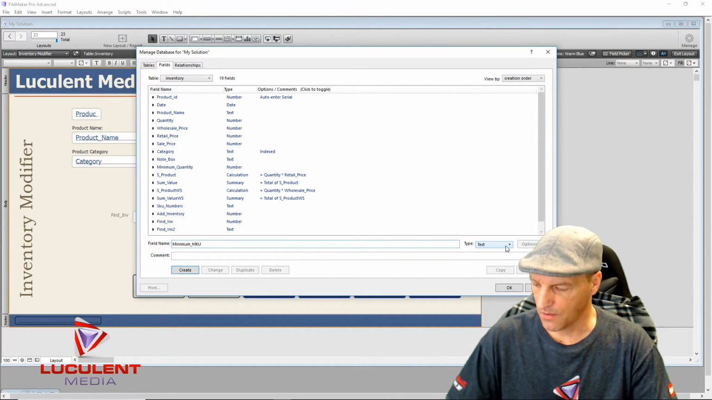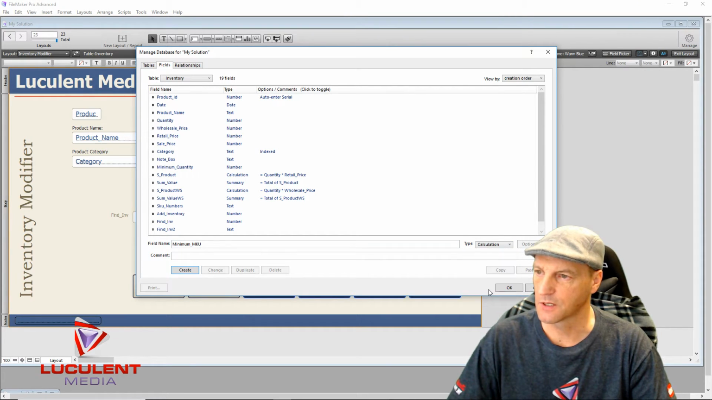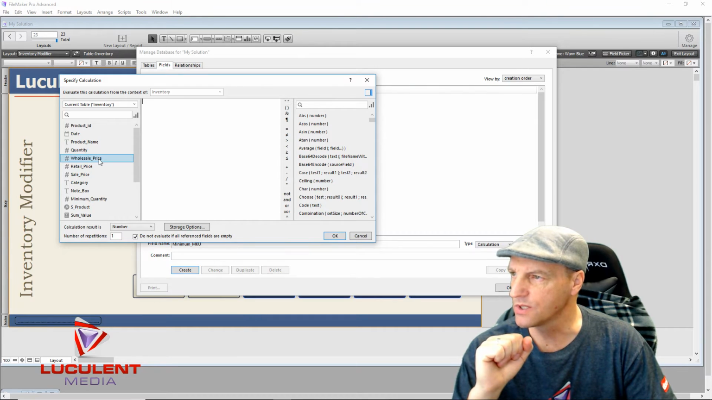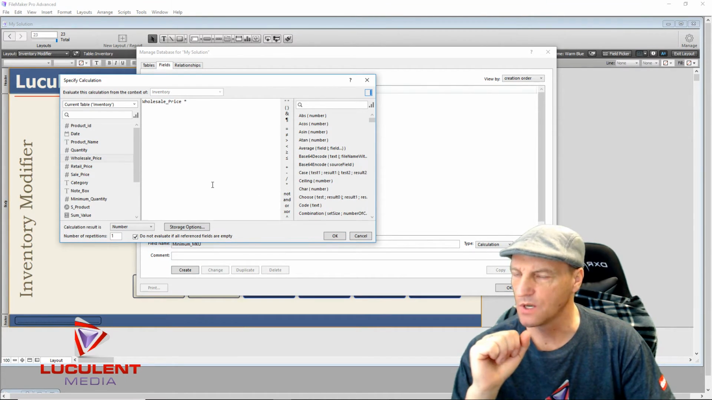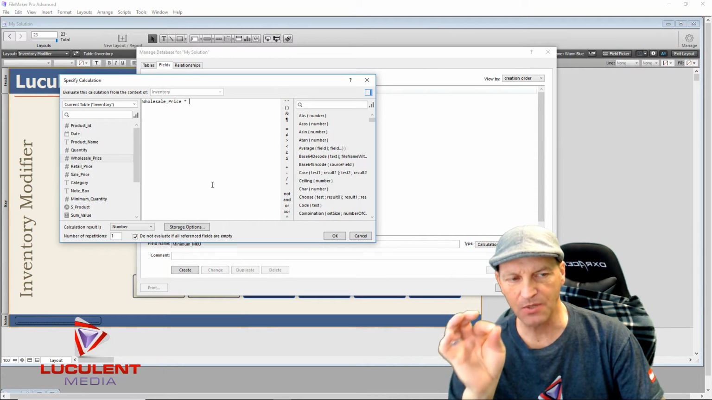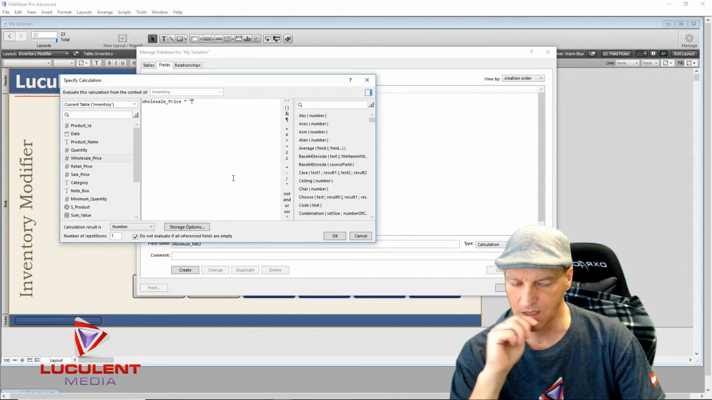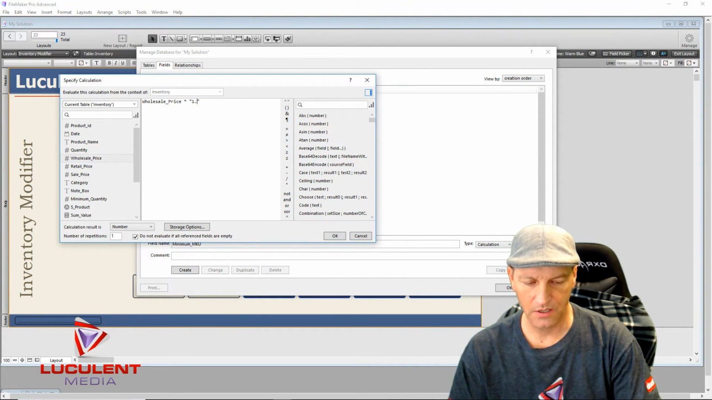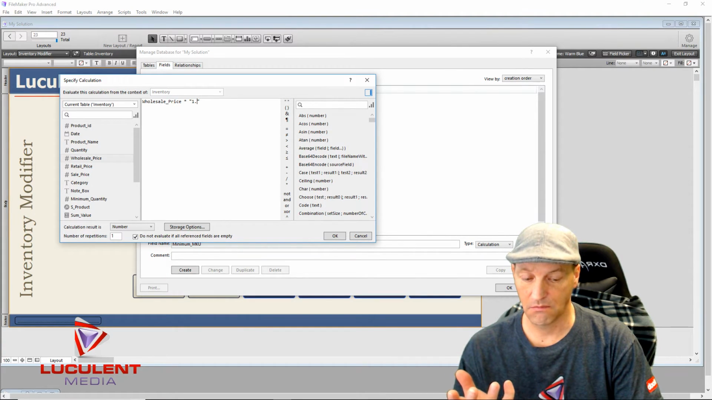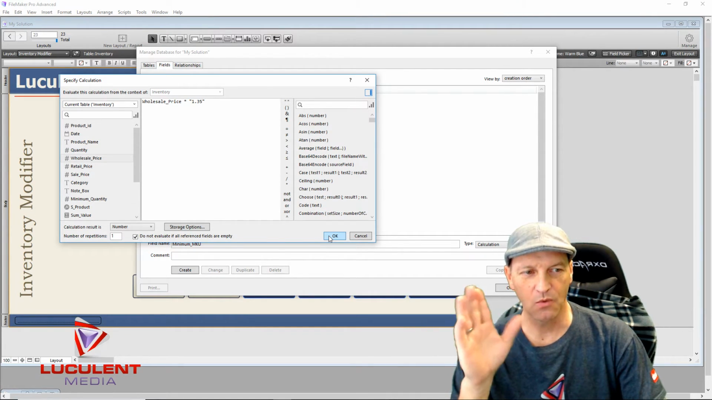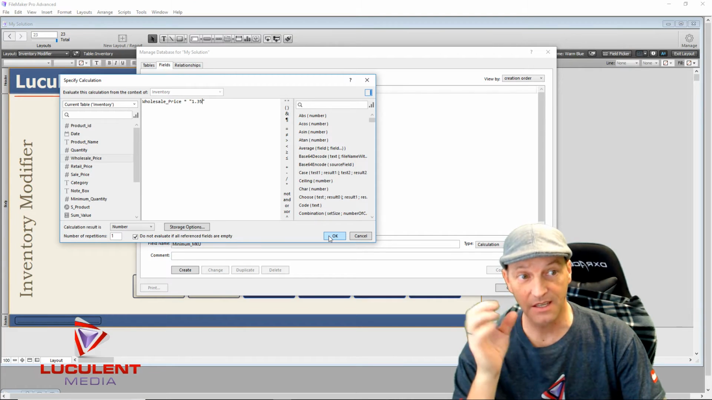And that's going to be a number, so actually it's going to be a calculation, and we'll create it. And the calculation is going to be the wholesale price times whatever your absolute minimum markup is. So in this case, I'm going to give it the parentheses, and I'm going to say 1.35. Now, what the 1 does for me is it adds the initial number, and that's